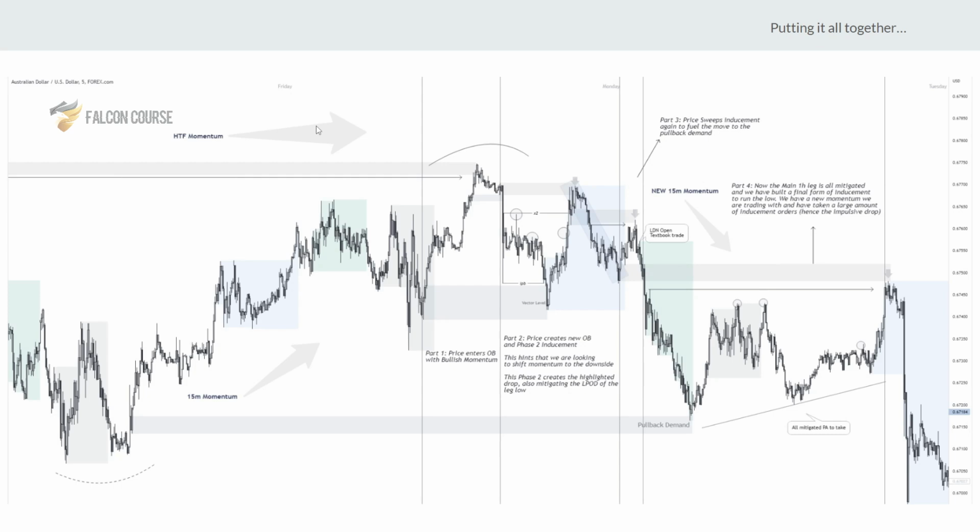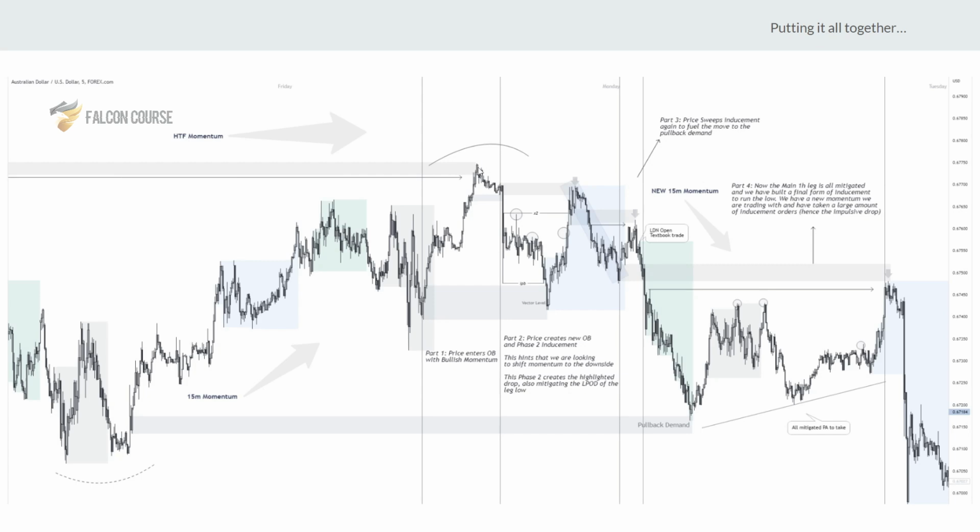So starting from left to right, the high time frame momentum is sideways. Super important to note. If I zoom down right now, we'd see price action be pretty sideways, pretty horizontal, okay? So on the 15 though, if we zoom out to the 15 or even the 1 hour, our momentum is quite bullish, okay? We're coming from a low that had a lot of buying pressure, okay? And we're meeting into this order block to the left, right? This level here is the inducement level for that order block.